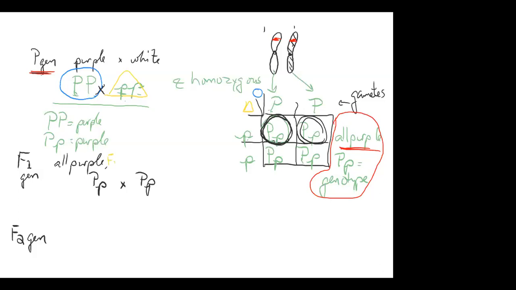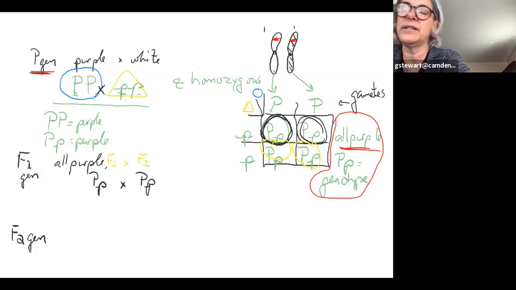I have a question. Yeah. The F1 generation, is it just the top 2 or all 4 of the squares? Oh, sorry. It would be all 4 of the squares, Kira. That's a good question. Yes, all of them are F1. So it doesn't matter. I could cross this one with that one. I could do any of the combinations because they're all the same, right? And in the F1 from 2 true breeders, you're always going to get all heterozygotes.